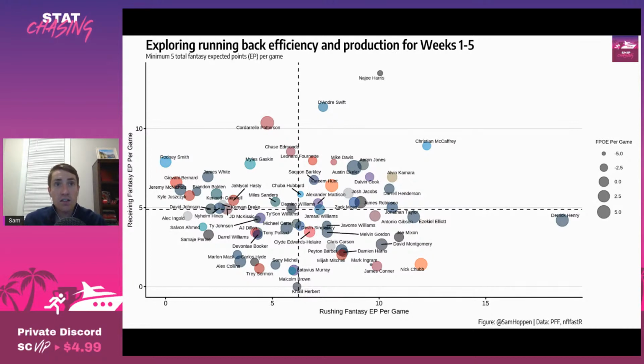Swift also has a 62% routes per dropback rate, which is in the top 5 among running backs, and Williams is down at just 23%, which is where the aforementioned A.J. Dillon is. He's below Damien Harris and right above Alex Collins. And this was after Williams was sort of seen as a passing down, I don't want to say specialist, but certainly a strength of his game. I guess it's good for Swift that he's been over 70% each of the last 2 weeks after being below 65% the 2 weeks before that.